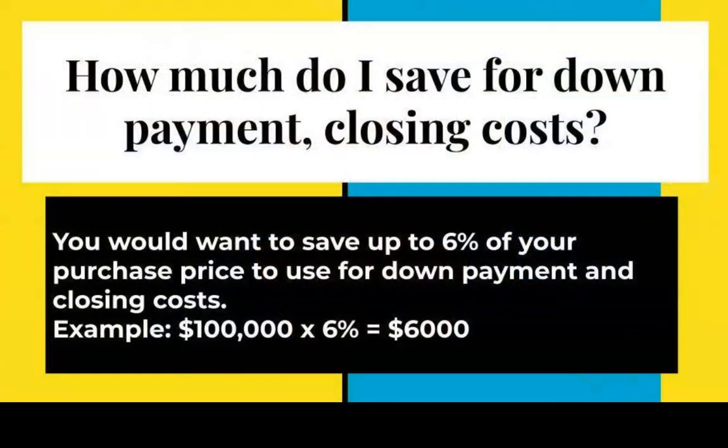You're going to pay the loan origination fees. You're going to pay your closing attorney. You're probably going to have to pay taxes and insurance up for the first year. You're going to do all of that at closing. So that is part of what the 4 to 6% of the purchase price is going to go to for closing costs. So in all, I would say on $100,000, if you're not looking to get any money through negotiations with the seller for closing costs, and if you're not going to be using down payment assistance, you will probably need to save between $7,000 and $10,000 in order to purchase this $100,000 home.